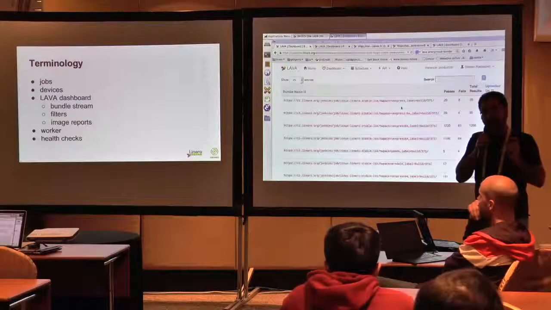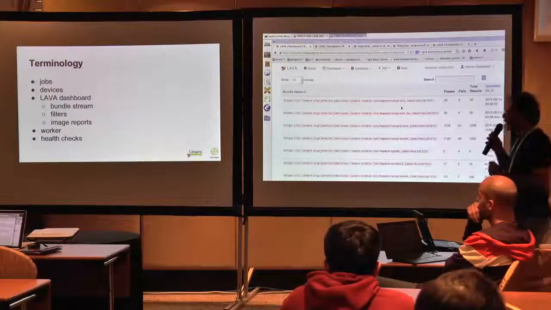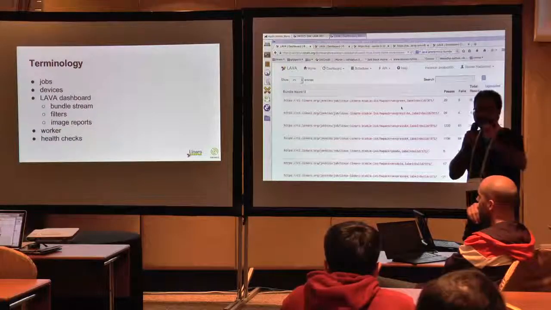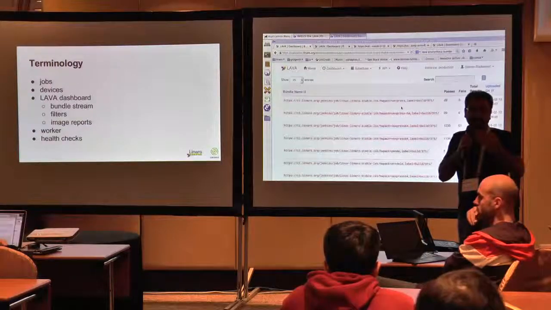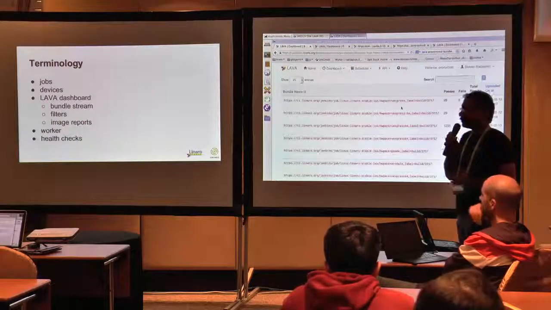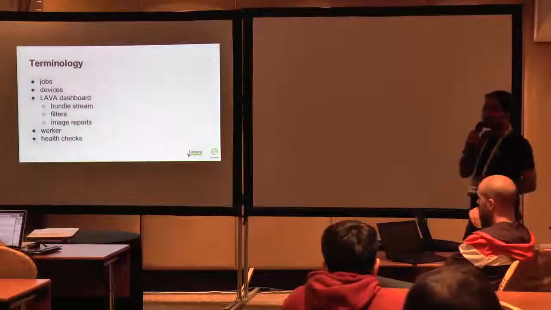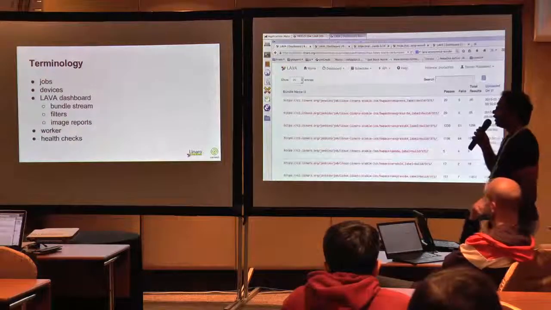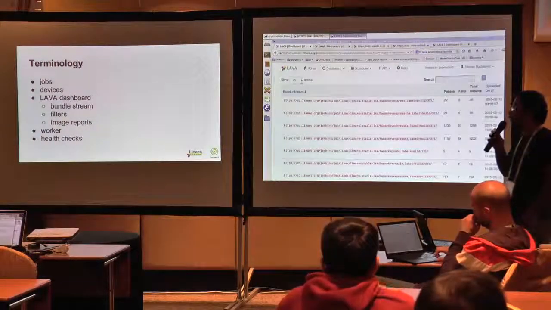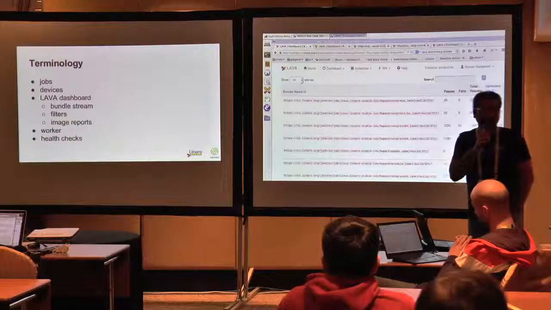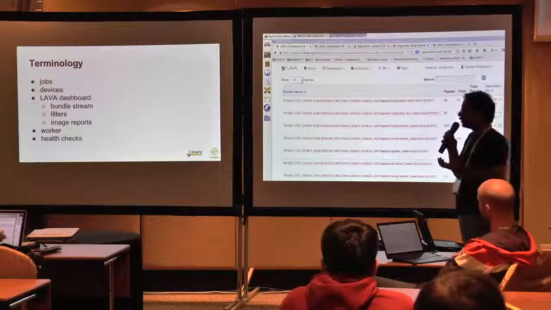These jobs are basically written in JSON format. So you write a job and then you submit this job to Lava, so that Lava takes this job and sees what instructions you have given in order to execute, and then it just executes those instructions on a device. So that takes us to the devices. What are devices? Devices are nothing but the actual platforms, or the actual boards which we need to test.